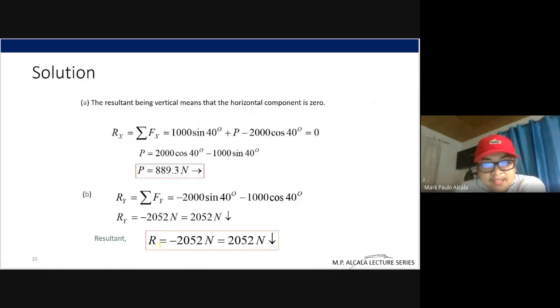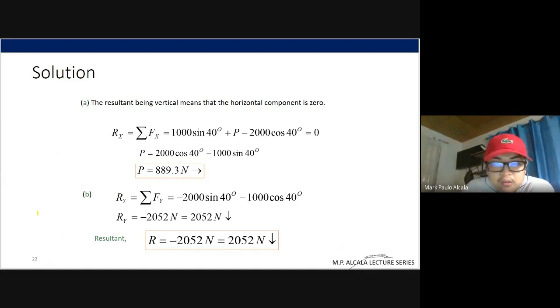The resultant being vertical means that the horizontal component is 0. Okay, we are now proceeding to the next chapter, class. In order for you to know that the particle is in equilibrium, the sum of forces must be equal to 0. Okay, the sum of forces. So in this case,